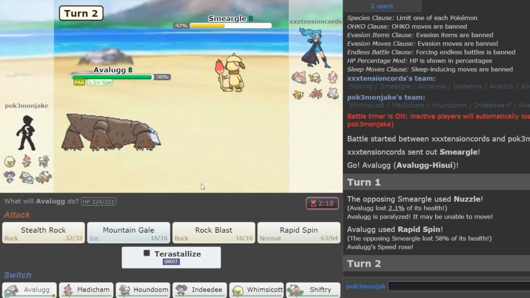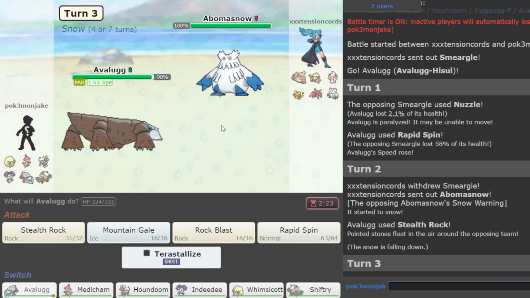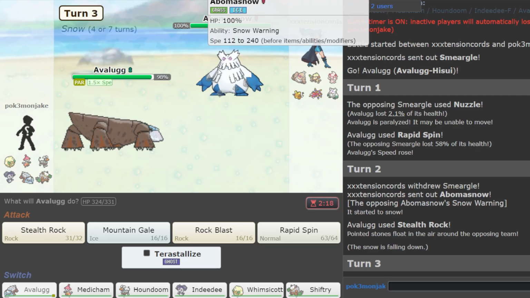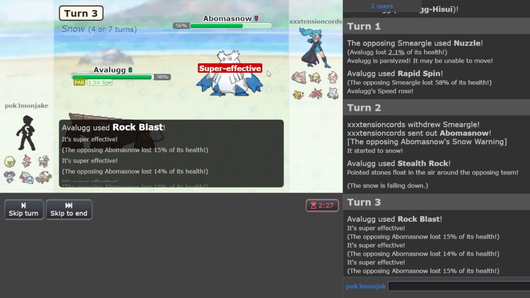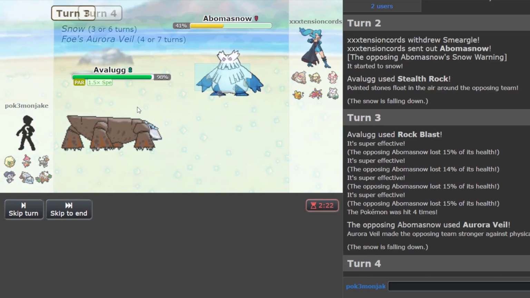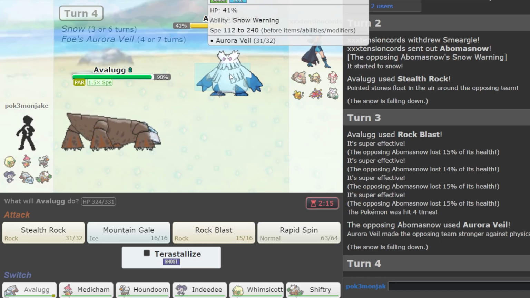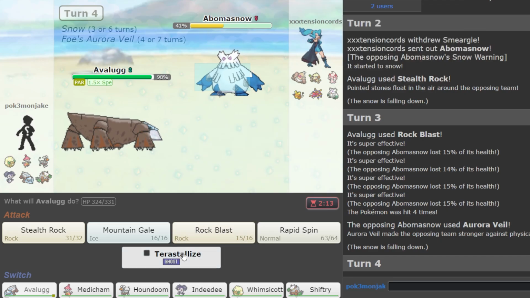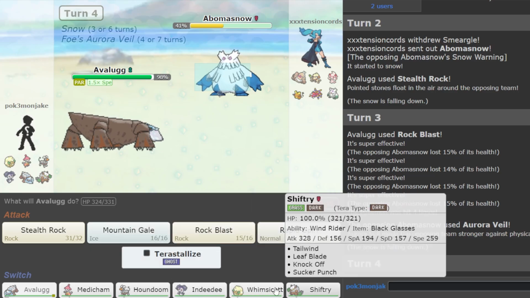Okay, I think we get up rocks now instead of killing them. Okay. And then they go right into this. Well, let's try and Rock Blast if we can. How? We're faster. They must have negative speed. I kind of don't want to be in on this versus the Alchemy, though. We want to be in with Houndoom and pretty much only Houndoom, so...